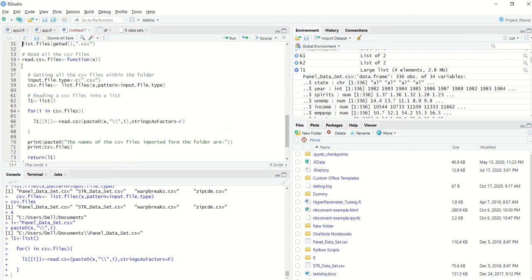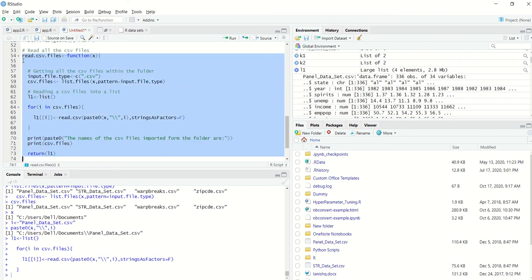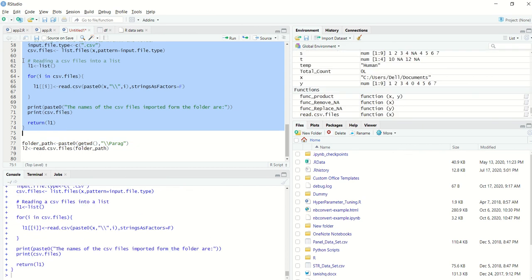My main point of going within the function and running each line is that there is no complexity around creating a function. Whatever you do while writing simple code, you just have to wrap it within a particular function name and argument, or within a particular syntax, and that is how it is done. And at the end, you have to properly set it up using a return statement. Let's say if I run it, so I've executed the function.